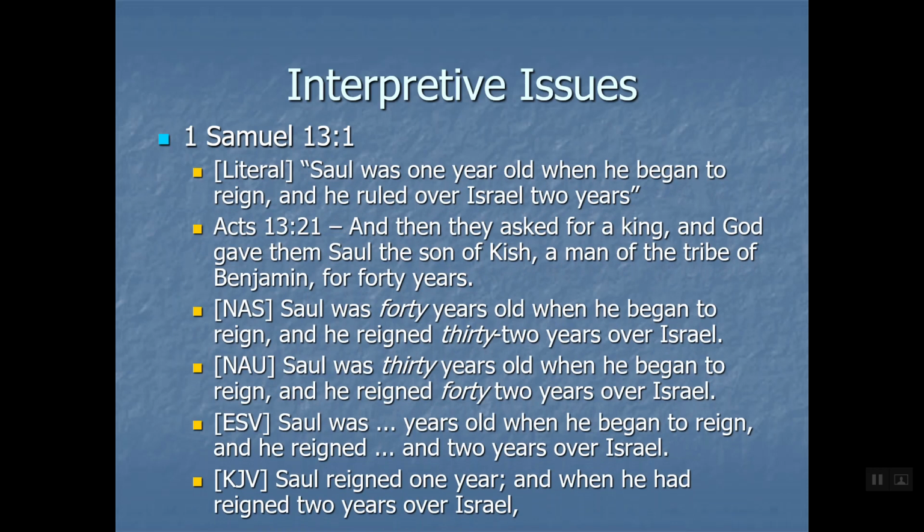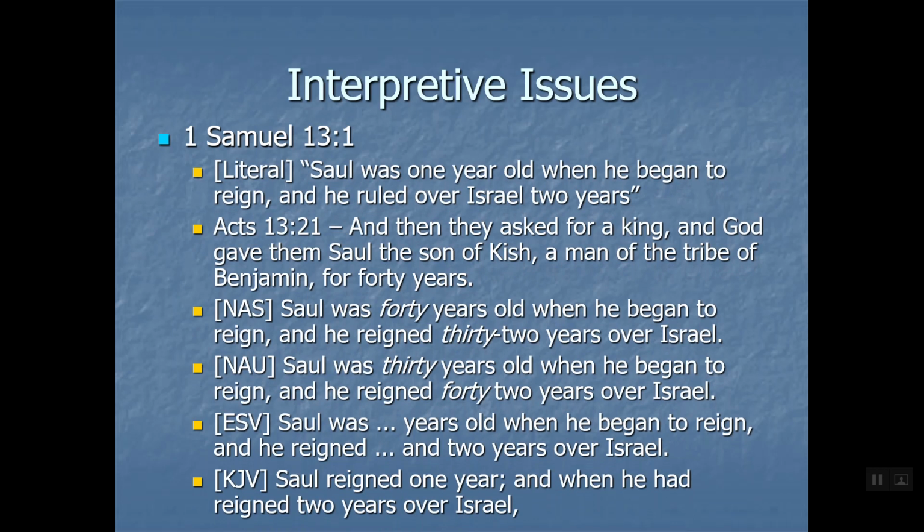I don't know what different people have. Some people have the ESV. I think, Beverly, you may even have that. And I think it just leaves it out or something. And then the NAS, if I recall, in fact, I have them up here. The NAS adds 40 years old, and there's a way that they come to that. The argument is something to the extent of he has a son early on, Jonathan, who's able to command, I think, 1,000 people, and even has a grandson that's mentioned. And so he's got to be a certain age when he started out. And so they fill in that, but we don't know.